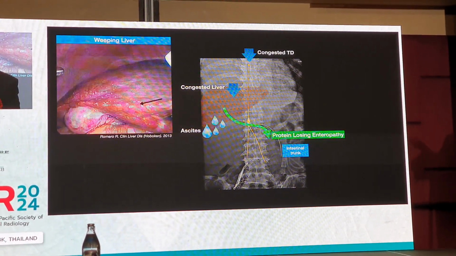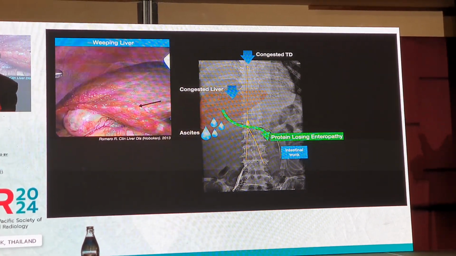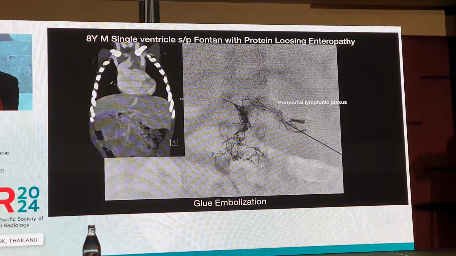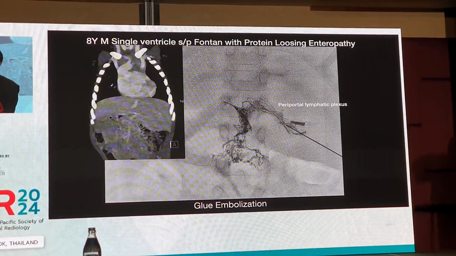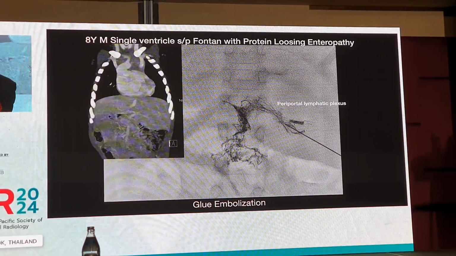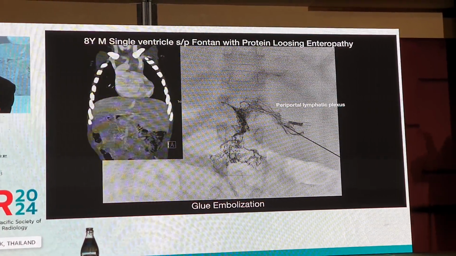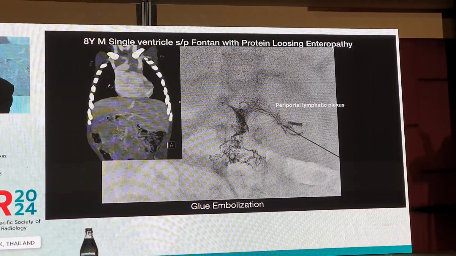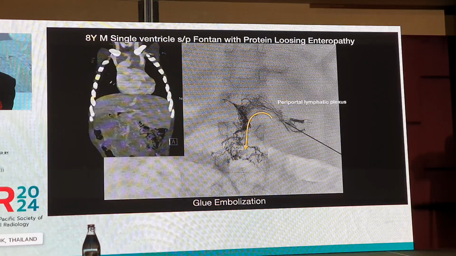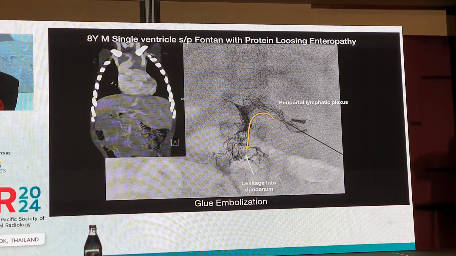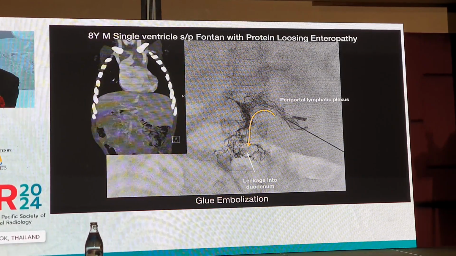and causes protein leakage, because that kind of high protein-rich fluid will leak into the bowel. For example, in this case, after the Fontan operation, the patient presented with protein-losing enteropathy. So we just puncture the tissue around the portal vein and inject the contrast. We can demonstrate the tiny lymphatic channels. As you can see here, there's a contrast leakage into the duodenum, and finally we do the embolization and